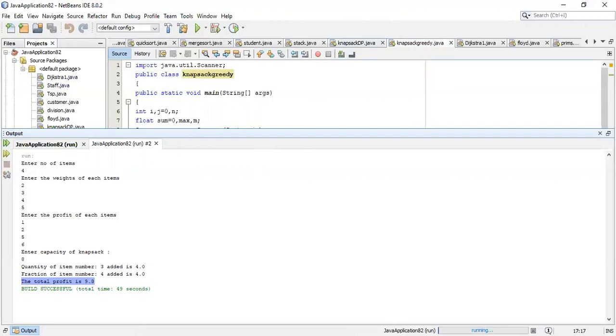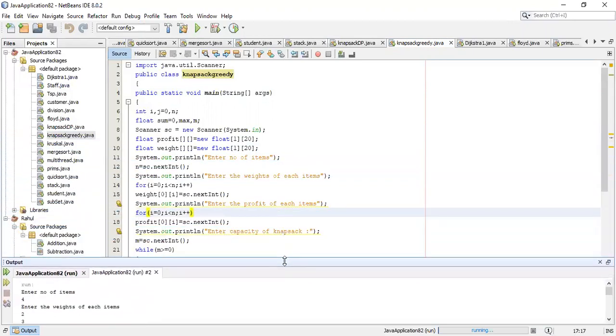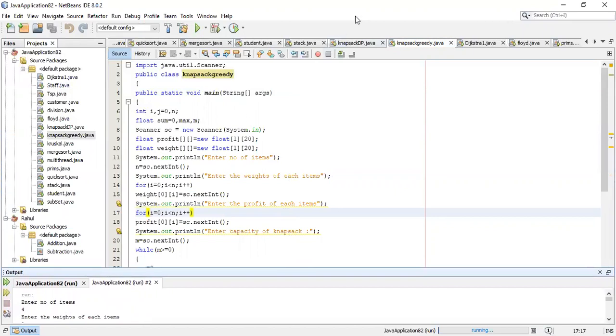See here in my Excel sheet, the maximum profit is 9.8, and the profit which I got here is also 9.8. So the code and our manual solution run in a similar way. Now I will explain the code.